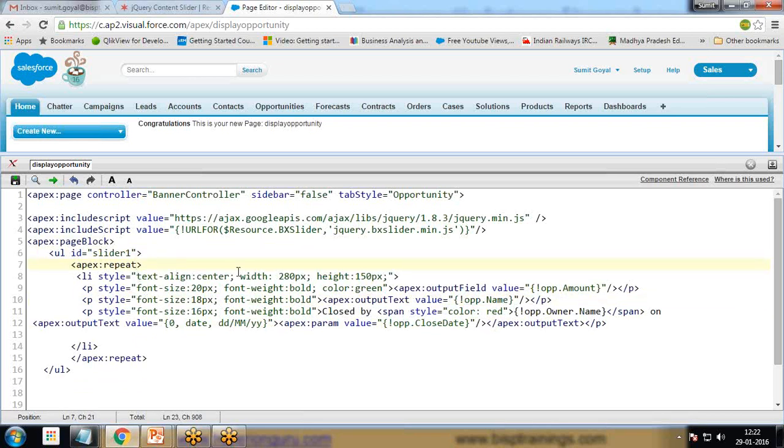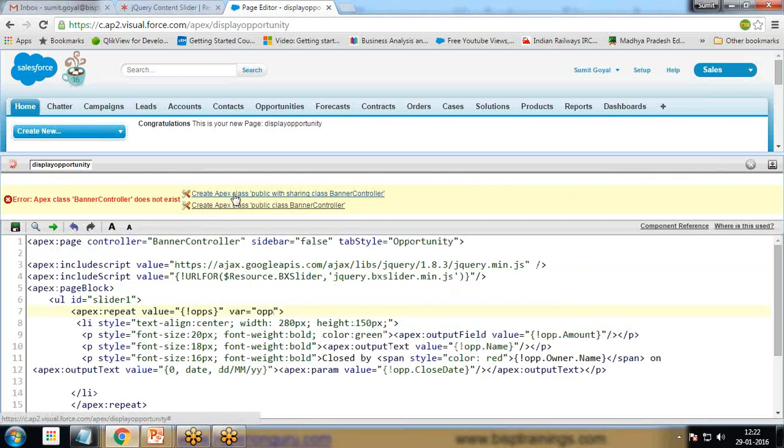Now this opp.name and opp, basically this opp is coming from our controller. So I'll specify here repeat. This will be getting the value from oops and where is equal to opp. So this oops we need to specify in our controller. So I'll save it, and first of all we need to create a controller. So I create this banner controller,